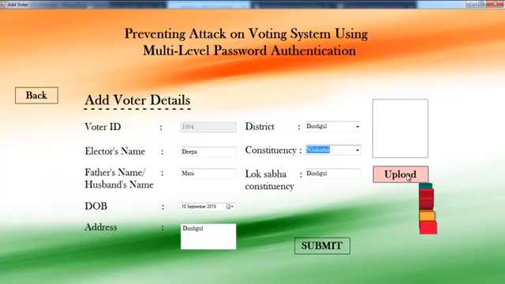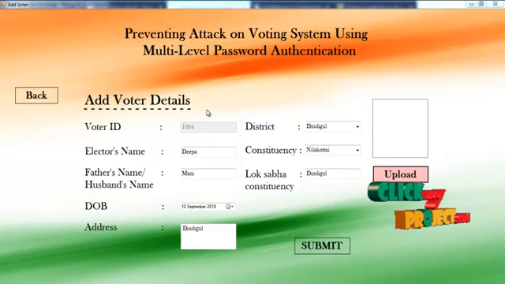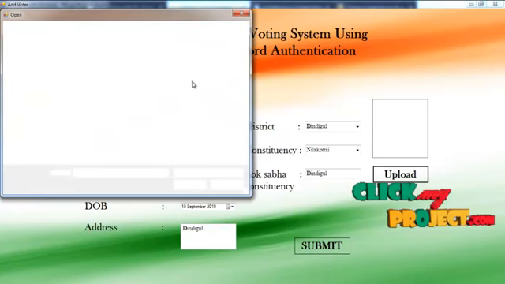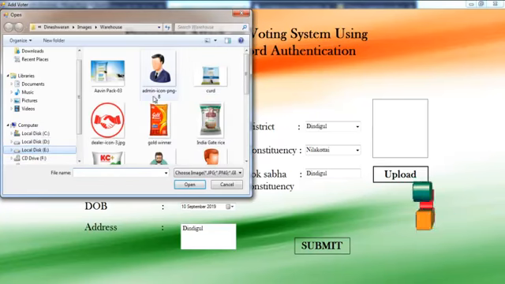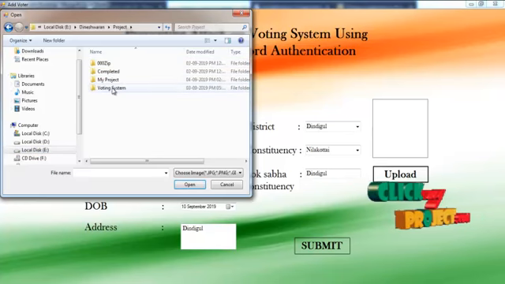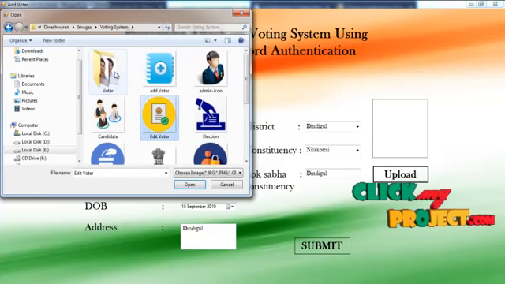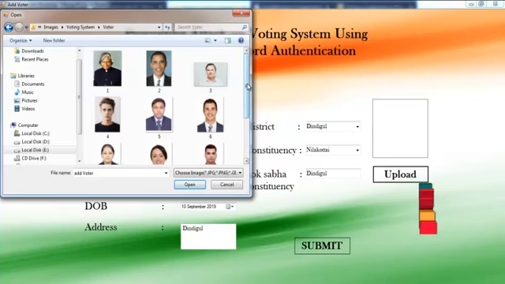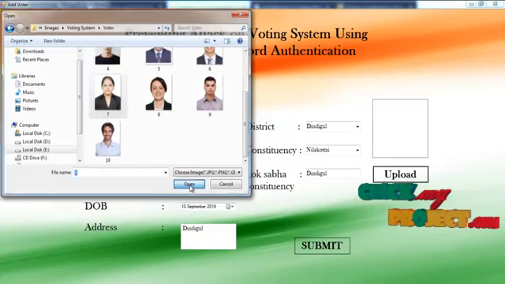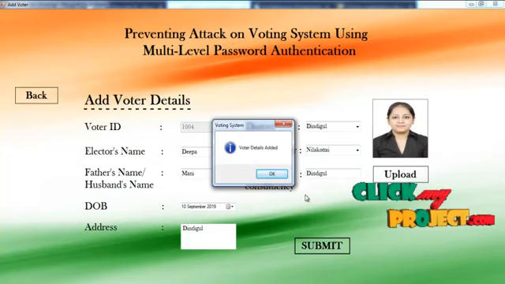Upload the photo for the voter. Next, submit the voter details. The voter detail is added.